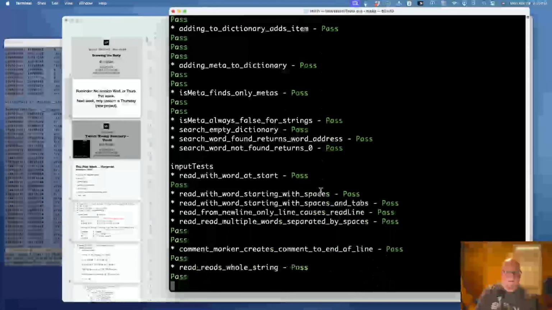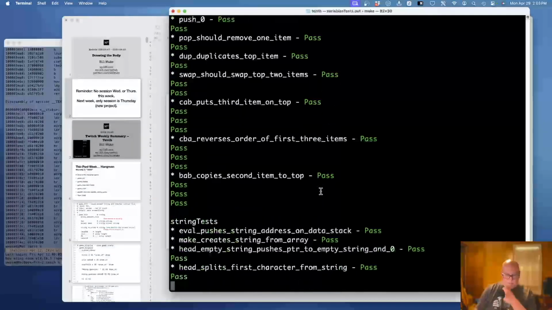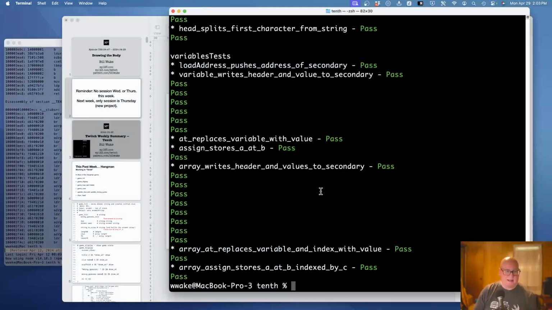Good, good. I'll have to count our tests one of these days, but we've got quite a few for a program this size, and they all appear to be passing. So cool. All right, and then let's run our app, make REPL,